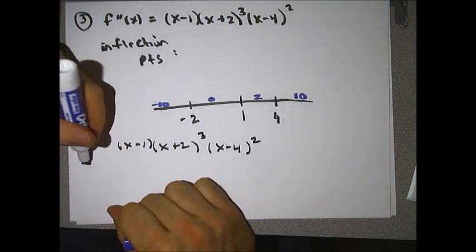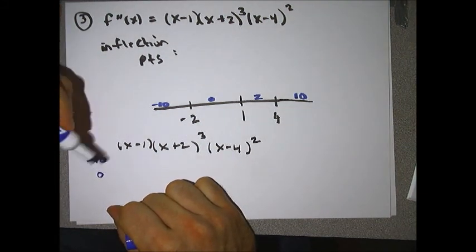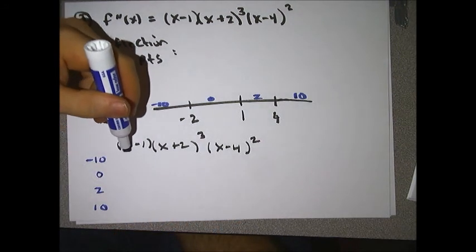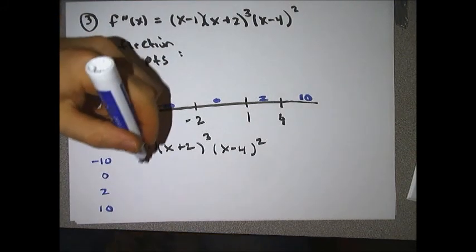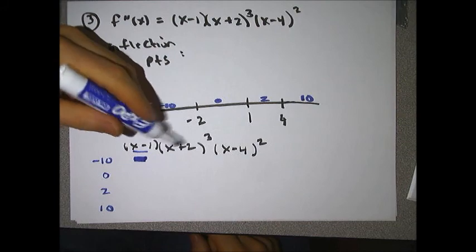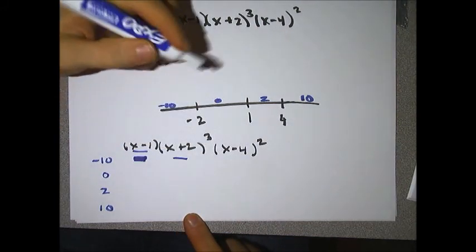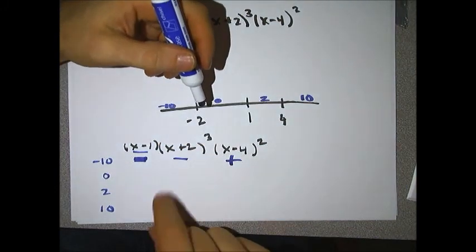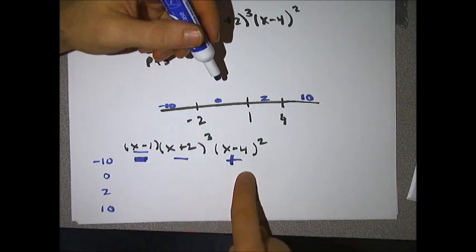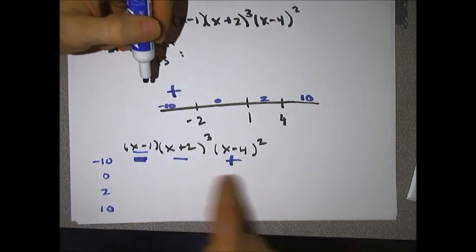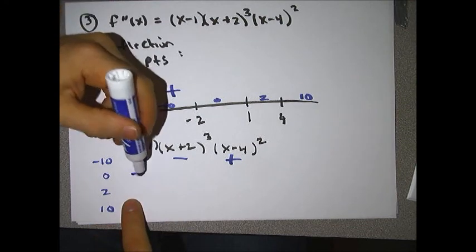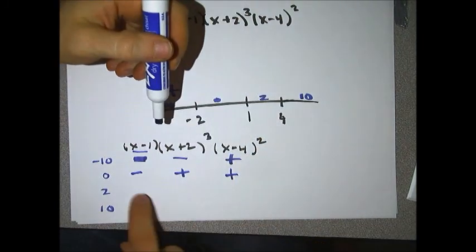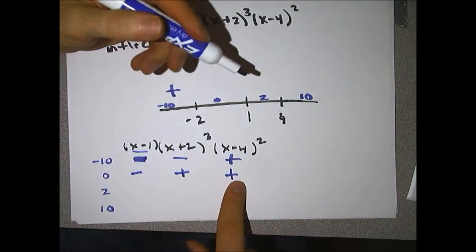Now I try my test values. I don't really care what the answer is, but I want to know if it's positive or negative. So if we start with negative 10, if I plug it into this quantity, negative 10 minus 1 gives me a negative. If I plug negative 10 into here, I have a negative, and negative 10 into this one is negative 14, but squared makes this a positive. Negative times a negative is a positive, times a positive is a positive. Plugging in 0 would give me a negative, positive, negative 4, but squared is positive. Negative times positive is negative, times positive